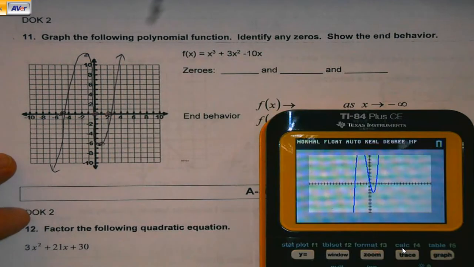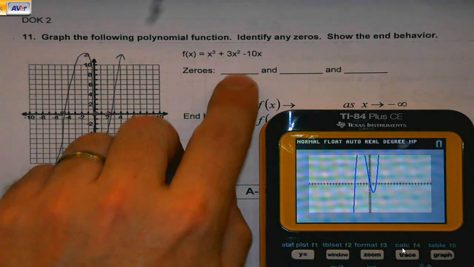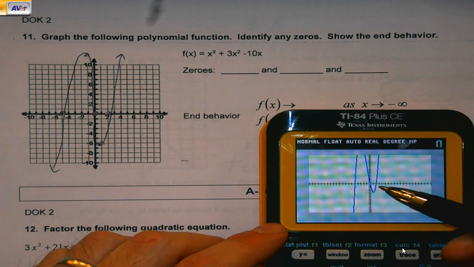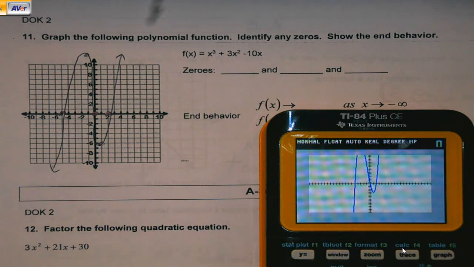Okay, at least I have as many points as I can on the graph to make this try to look accurate. But here's where I want you to save yourself some time and stress. Notice there's 3 blanks for 3 zeros. Okay, I see that on here. Instead of doing second, trace, 2, and trapping all of them, which you could, and that's fine,